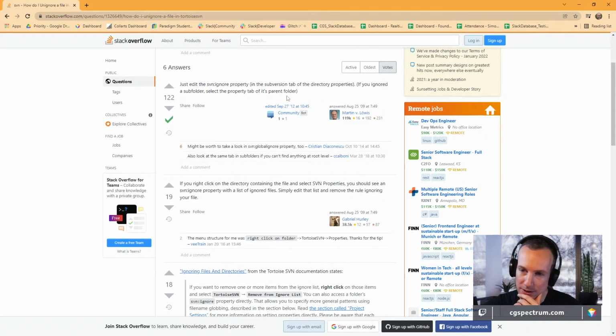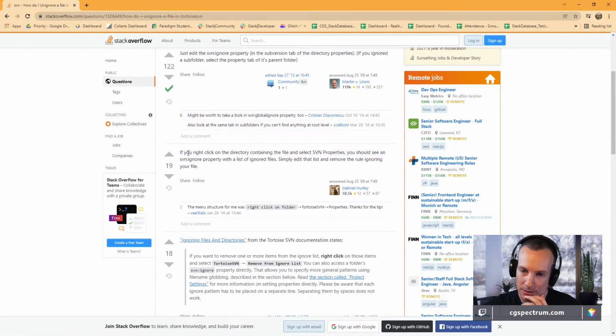So what is properties in the folder? Subversion tab. You right click on the directory containing the file and select SVN properties. You should see an SVN ignore property.